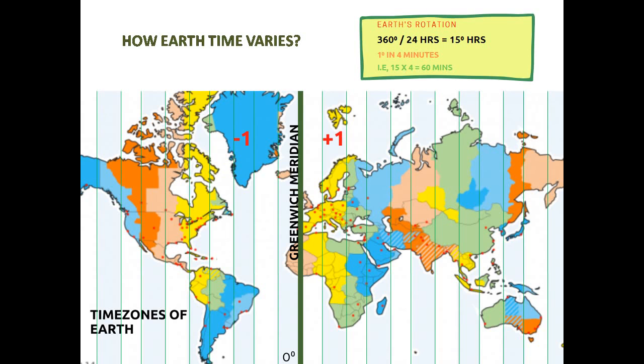Our Earth rotates 360 degrees in 24 hours. If we divide them, we get 15 degrees. That is, Earth rotates 15 degrees per hour. Otherwise said, it moves 1 degree every 4 minutes. If we multiply 15 by 4, we get 60 minutes. Therefore, when it's 12 noon in Greenwich, places that are 15 degrees east of Greenwich will have 1 pm. Similarly, places that are 15 degrees west of Greenwich have 11 am. We can adjust the clock according to the local time of the region where we live.